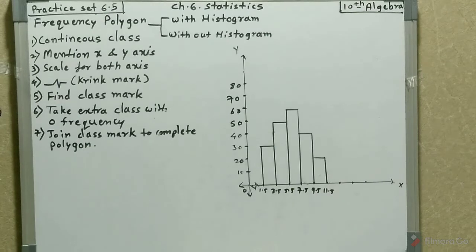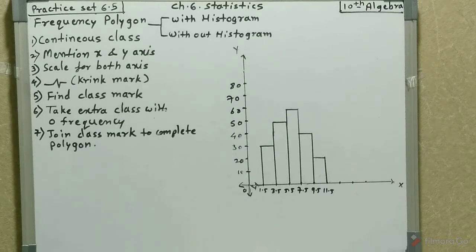One of the methods of presenting given data is the frequency polygon. As the name suggests, a polygon is a closed figure with n number of sides. Now, a frequency polygon is related to class mark. We first find the class marks, then take an extra class of zero frequency, and then join the class marks